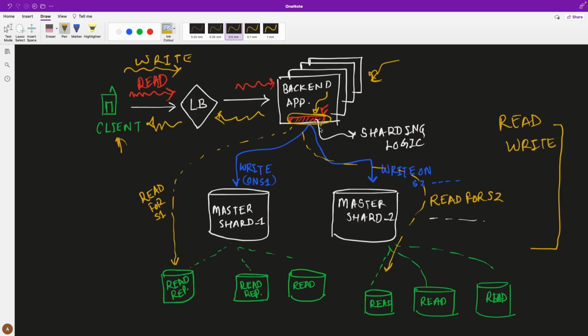So we go ahead on that shard and do the write, and when we get the ACK, we return the response, and then this application will return the response to your client. And once this change has been persisted on the write, this operation will also be replicated to your read replicas, so that they can also maintain the same state as your master node.